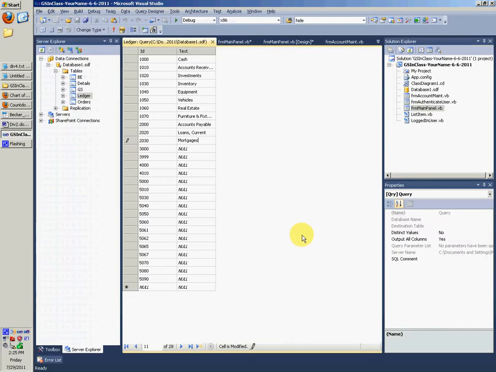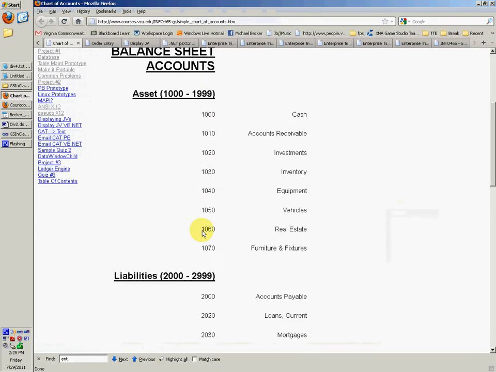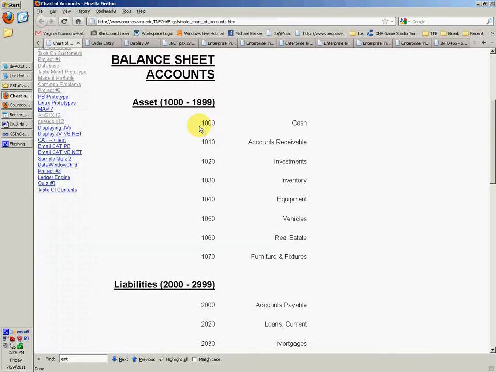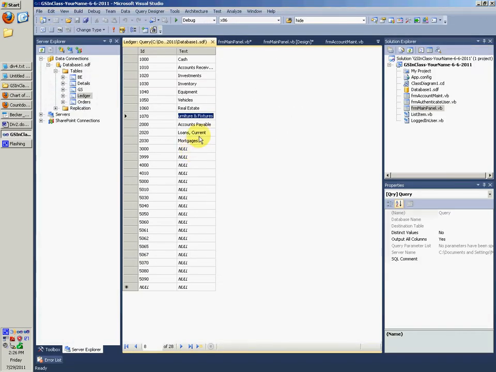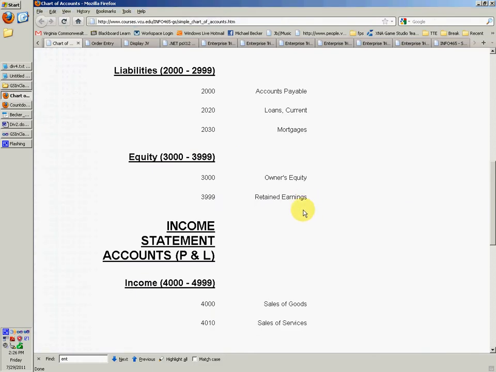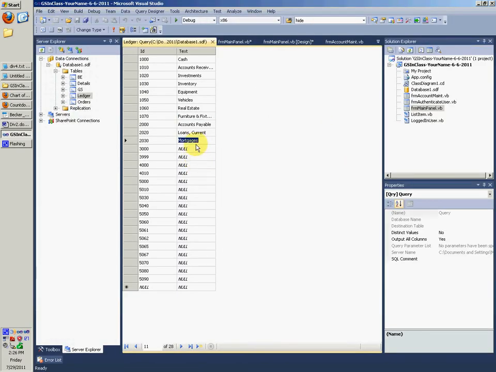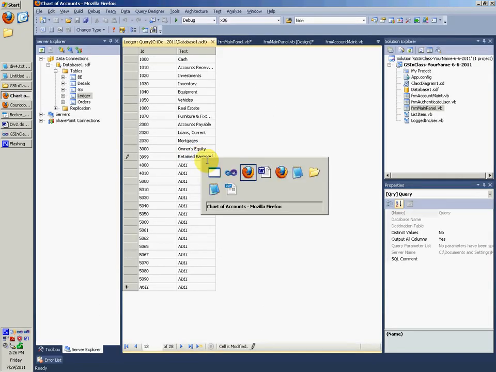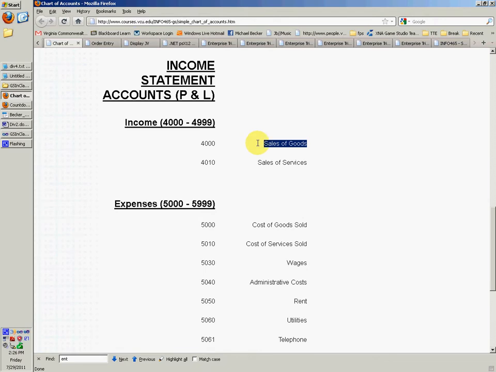Oops, we did it wrong, didn't we? Yeah, we did. Inventory, equipment, vehicles, real estate, furniture, accounts payable, loans current, mortgages. No, we did it right. Yeah, owner's equity. That was funny, huh? Yep, that was funny. Let's see, and then we go down to sales of goods, services,